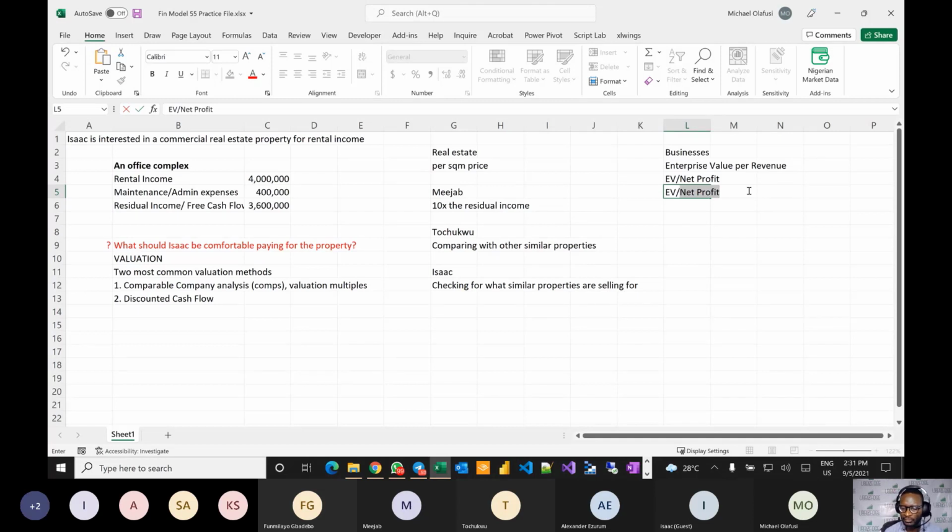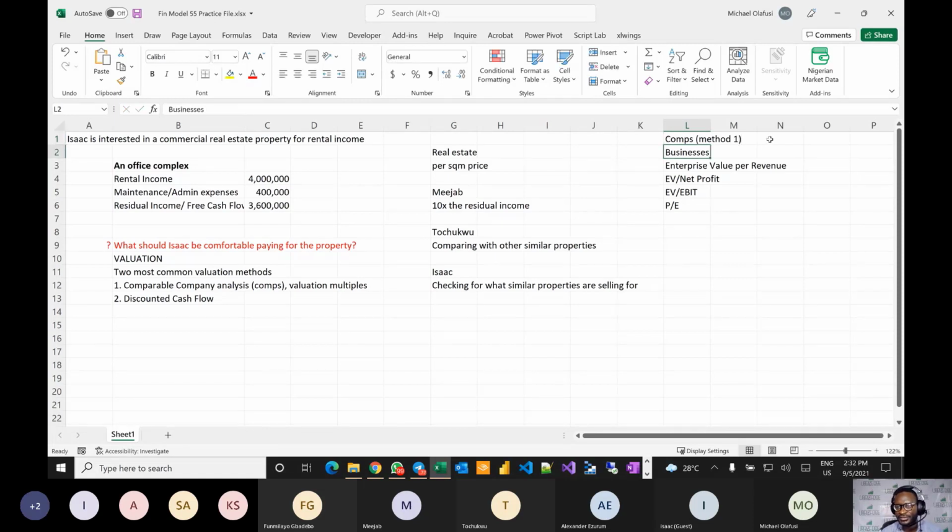Per, it could be earnings before interest. So there are many different commonly used similar comparative valuation multiples, we call them, right? So if you want to buy shares, and most of the time you're looking at the price and you're looking at what the company makes, so we call it P/E, price to earnings ratio. So this is the comps method 1.